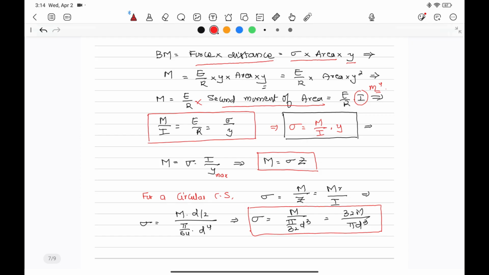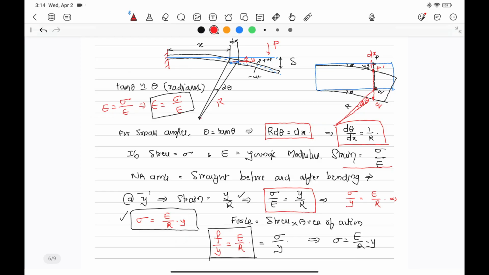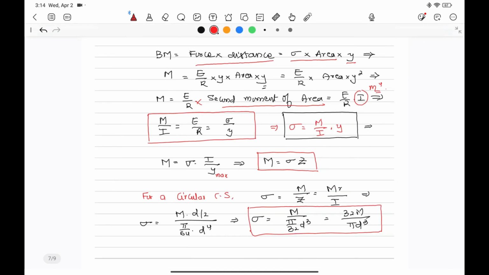Hence, what is E by R? E by R is nothing but F by Y or sigma by Y. That means this is the most important formula you should remember. M by I is equal to E by R is equal to sigma by Y. Or M by I is equal to E by R is equal to F by Y. This is the most famous